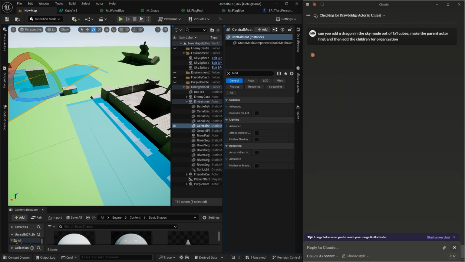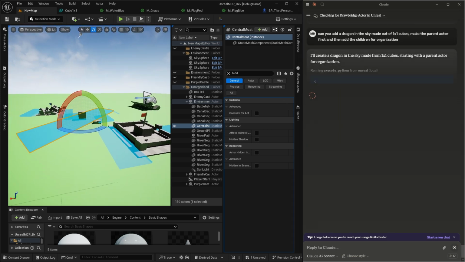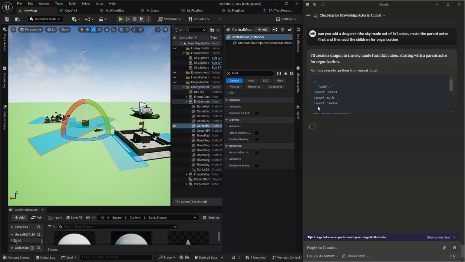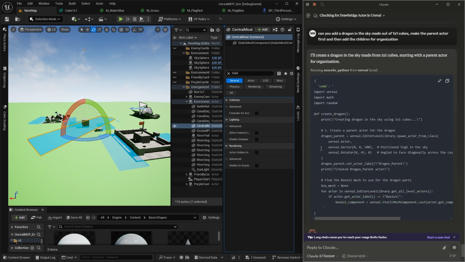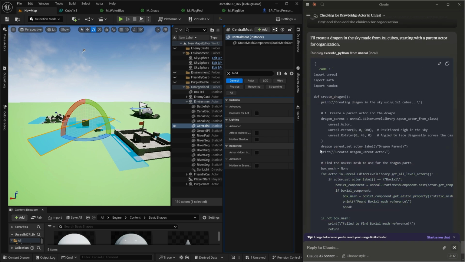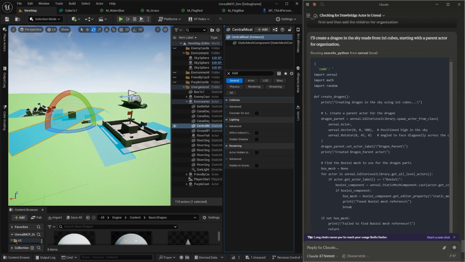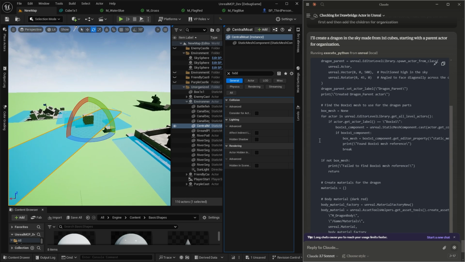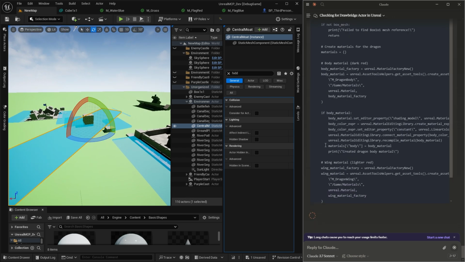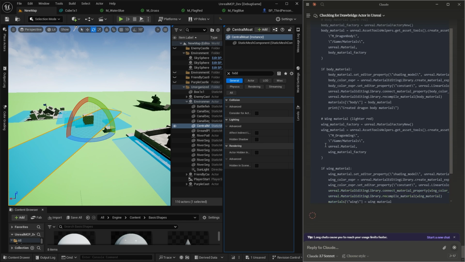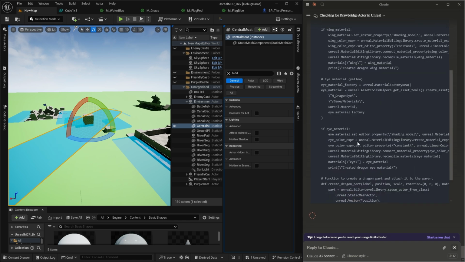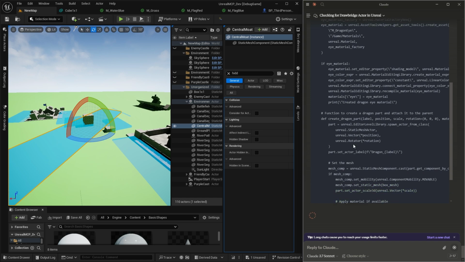Just imagine if Claude had memory like ChatGPT. I wouldn't have to repeat myself so much. I might even make a notepad file of rules to tell it what to do. Dude, look at it. It's making materials already for the wings. It's going to get some subsurface scattering.